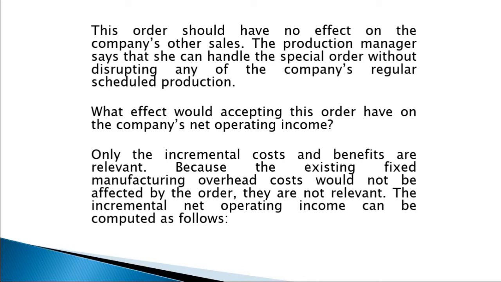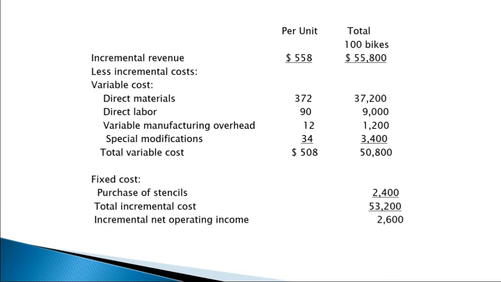Only the incremental costs and benefits are relevant because the existing fixed manufacturing overhead costs would not be affected by the order. They are not relevant. The incremental net operating income can be computed as follows. The per unit and the total. Incremental revenue is $558 and the total is $55,800, and then less incremental costs. The variable costs, direct material per unit is $372. The total is